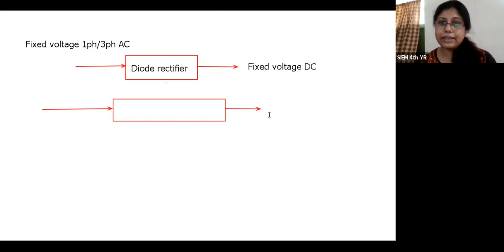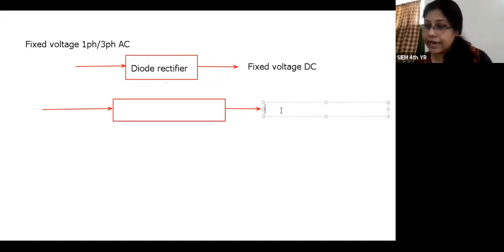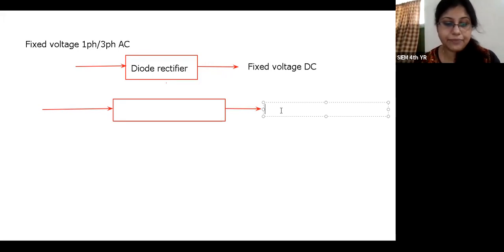Now, in the output terminal, the load, the machine which we have connected, requires variable voltage DC,